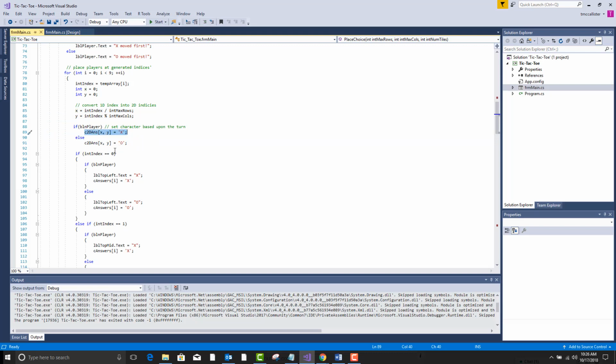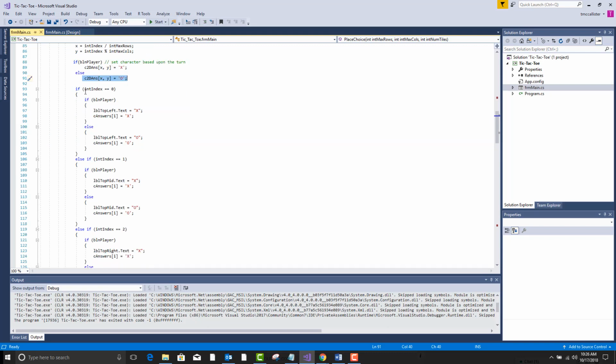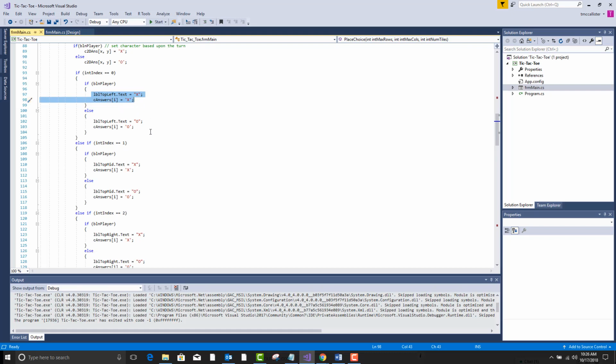And then we're coming down here to check and see what index we're at. So if we're at index 0, or the upper left corner, right? If it's the player's X, then I'm going to put an X in there. And I stick my X in my answer array. So these are essentially parallel to one another. Else, it must be an O,